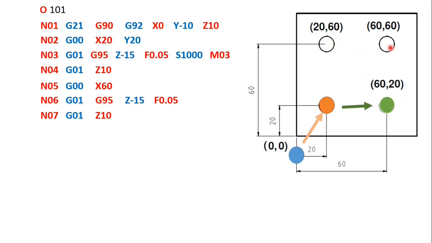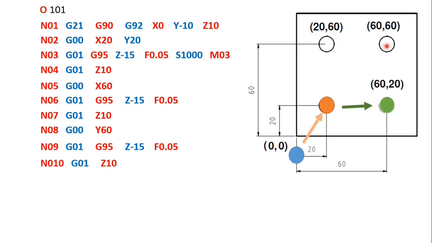So what happens from here, I have to move here. Now in this case, only Y is changing, X is not changing. So I have to define only Y. If we define X again also, it is fine, no problem. But if you see here, G00, that is, it should rapidly move to this position. So once it has reached, what is the next step? It has to do the drilling operation till 15. So again Z-15. Now in this step I am mentioning G95 every time. Okay. It is not compulsory. If you don't mention it also, it is fine, because in that case it will take the feed rate from the last command.